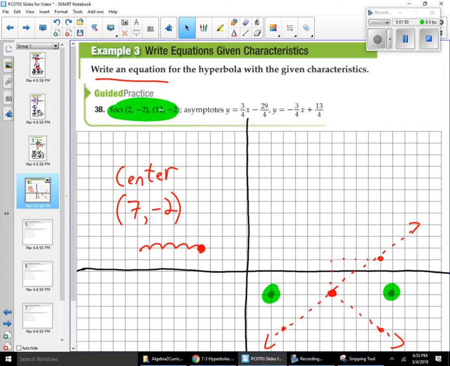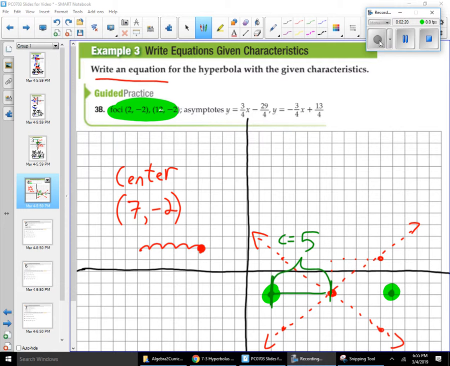The other one then is going to just have the reciprocal slope, down 3 and to the right 4, and then up 3 and to the left 4. And we get our asymptotes that way. Keep in mind, we don't really need these asymptotes for much, other than they do help us find A and B. We already know C. C is the distance from the focus to the center, and we had found that earlier. So we know that C is 5, and now we also have our 3 and our 4, our slope there,